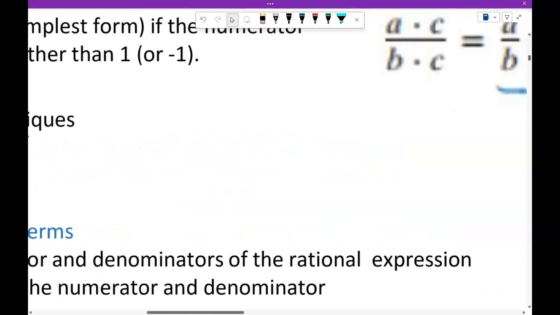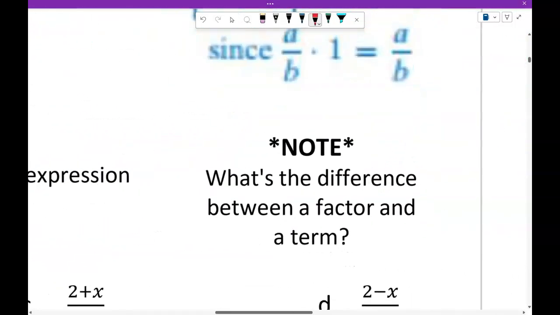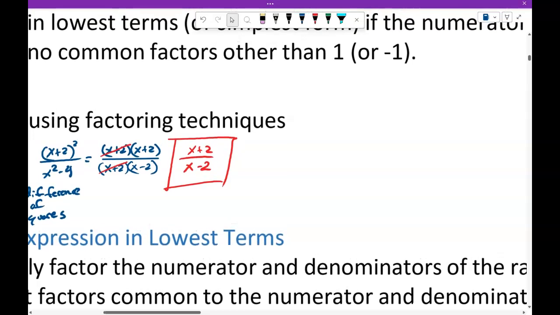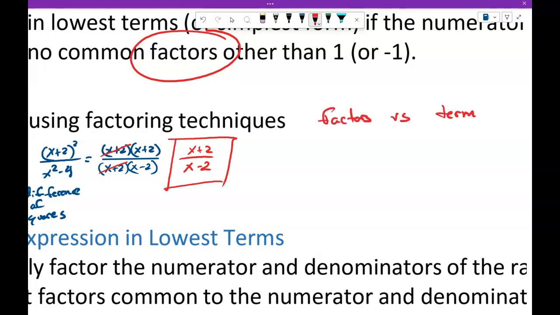Now, this brings up an important point. The difference between a factor and a term. A lot of times people will think that this can be simplified further. They'll see the matching 2's and the matching x's and try to eliminate them. But we have to remember that we can only simplify common factors. Factors versus terms. Factors are multiplied,